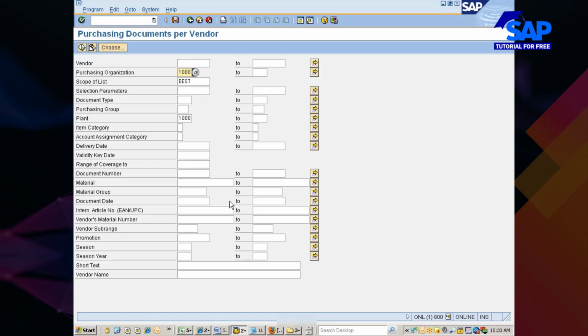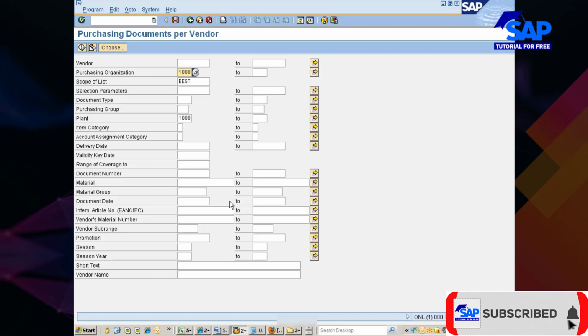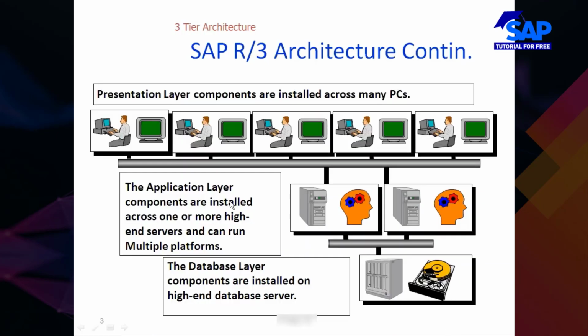That cannot be there. So the thing that you are asking is ruled out. In SAP, or for that matter any ERP system, there will be only one database. You may have multiple application servers, it could be 2 or more, but only one database should be there. Okay, sir.